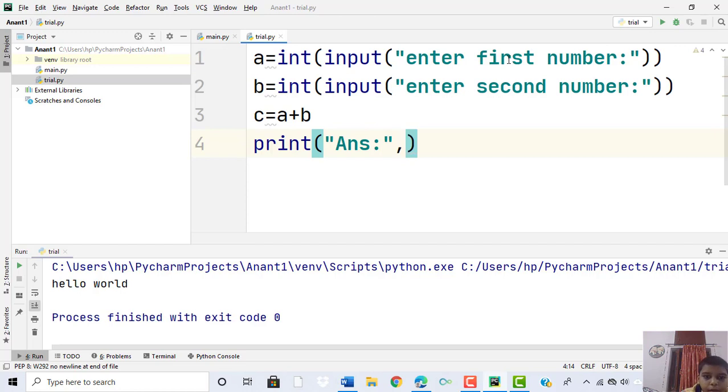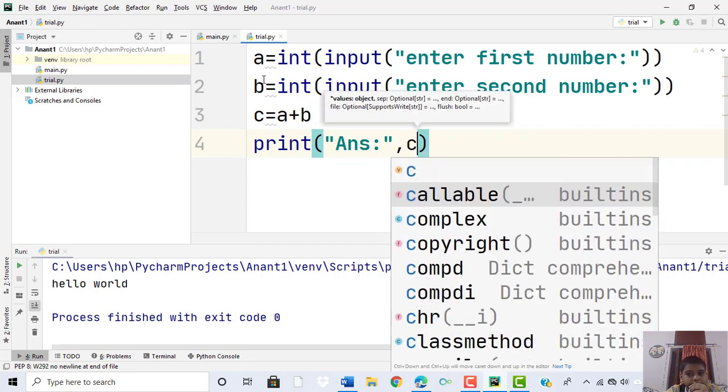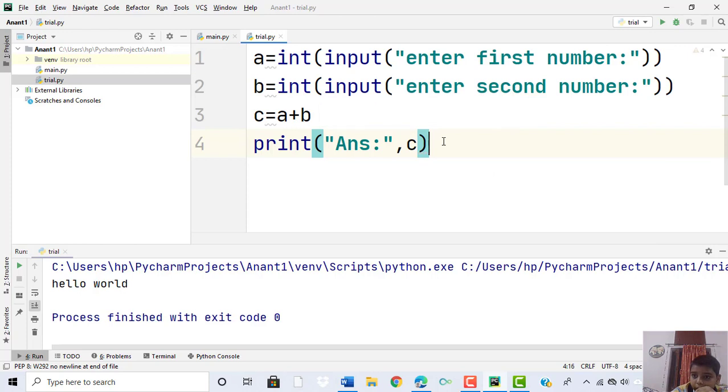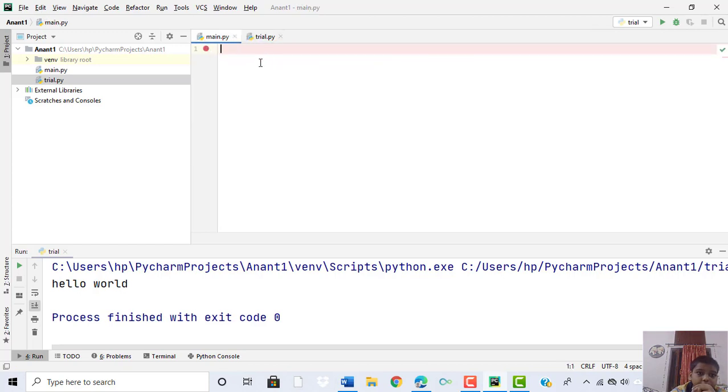The a stores the first number and b stores the second number, so in the c variable we have given the sum of the two variables. So first number plus second number is equal to c. We have given c here, so it will show the result. You have to see that trial has been selected to run. It is compulsory, otherwise it will only show a blank space, because we have not written anything in main.py. Now we will run.